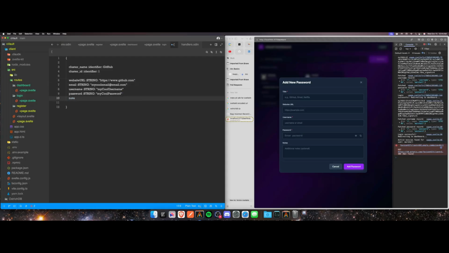Now, notes will be most likely a string array,